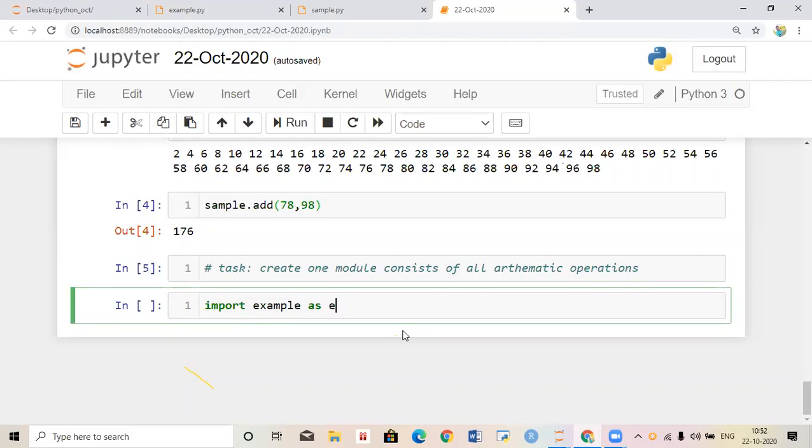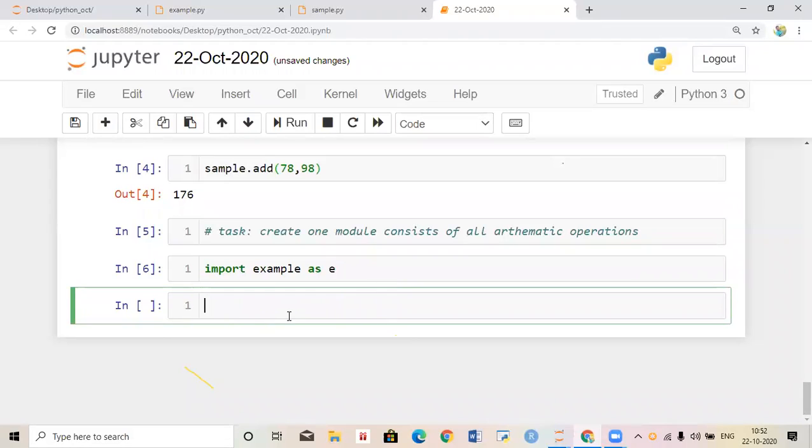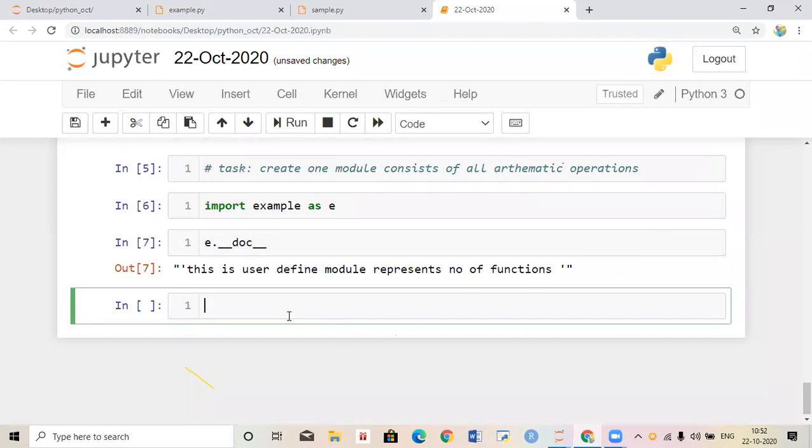After importing, I want to check the documentation. How to check the documentation? e.__doc__. It will print: this is a user defined module that represents a number of functions. Understood?